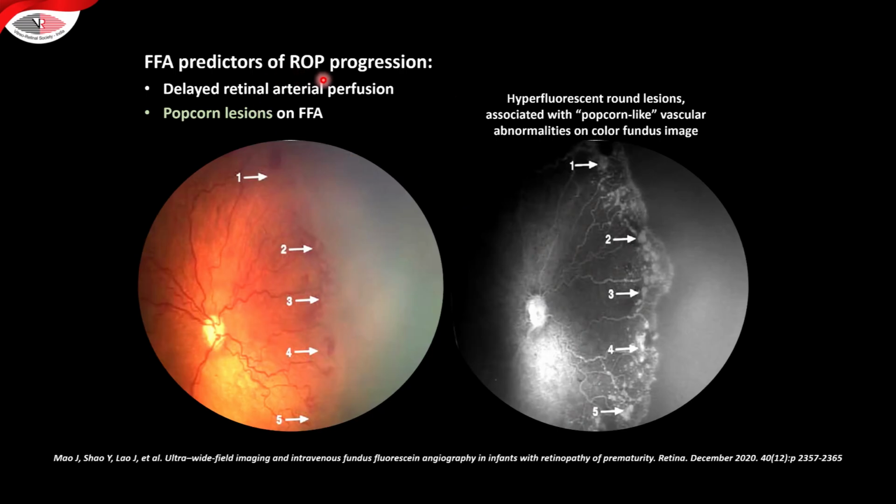The predictors of ROP progression: delayed retinal artery perfusion, popcorn lesions, which we described on the FA. You can see these are the popcorn lesions that are described. Hypofluorescent round lesions associated with popcorn-like vascular abnormalities on the color fundus image as well. So these are where FA can be used as adjuncts, and also with so much anti-VEGFs being used, I think